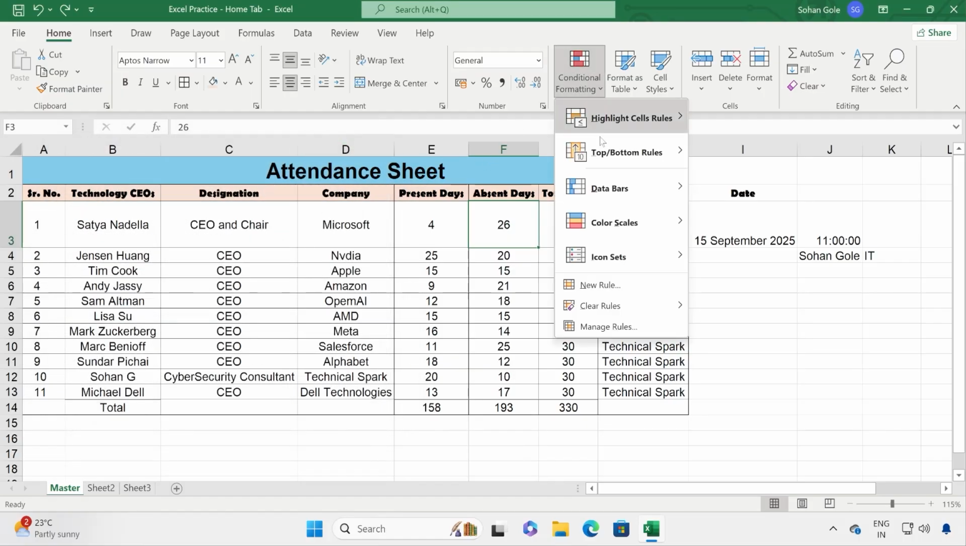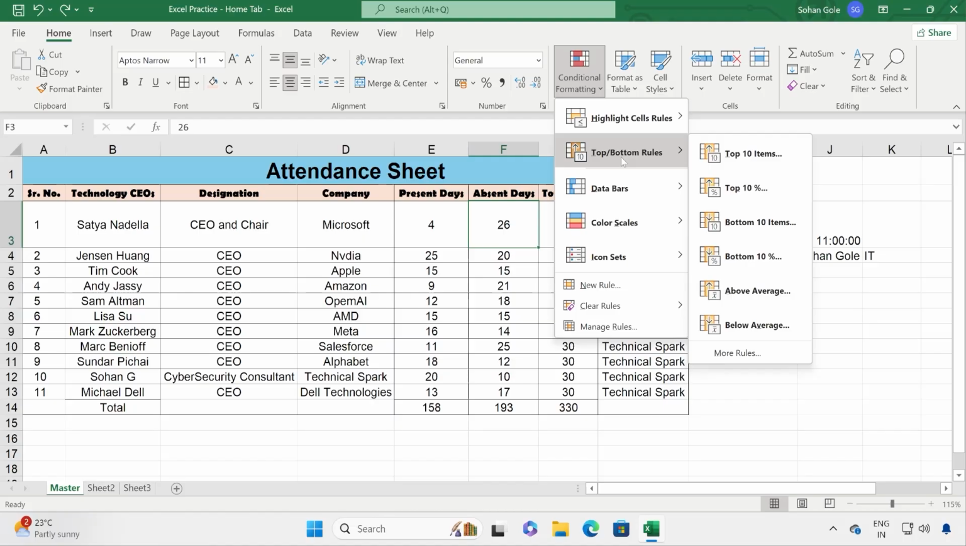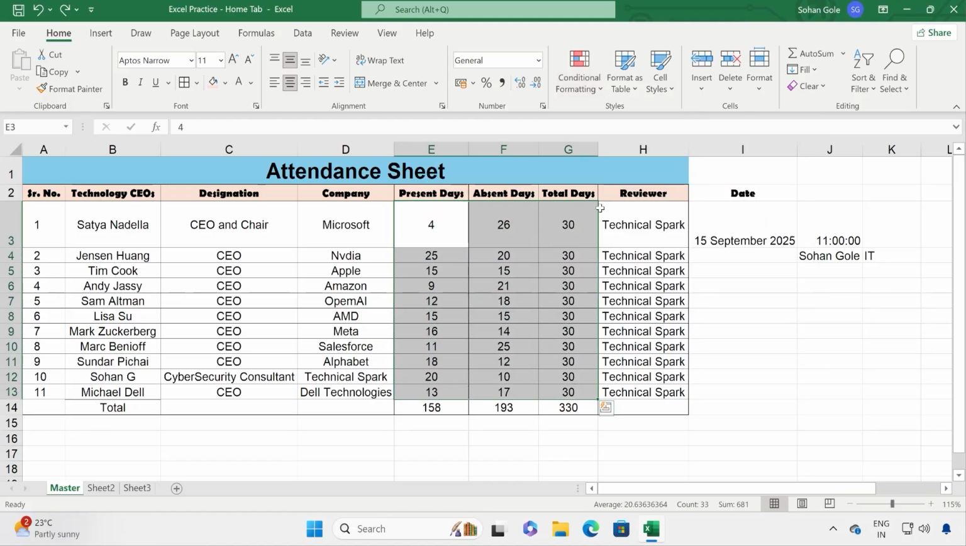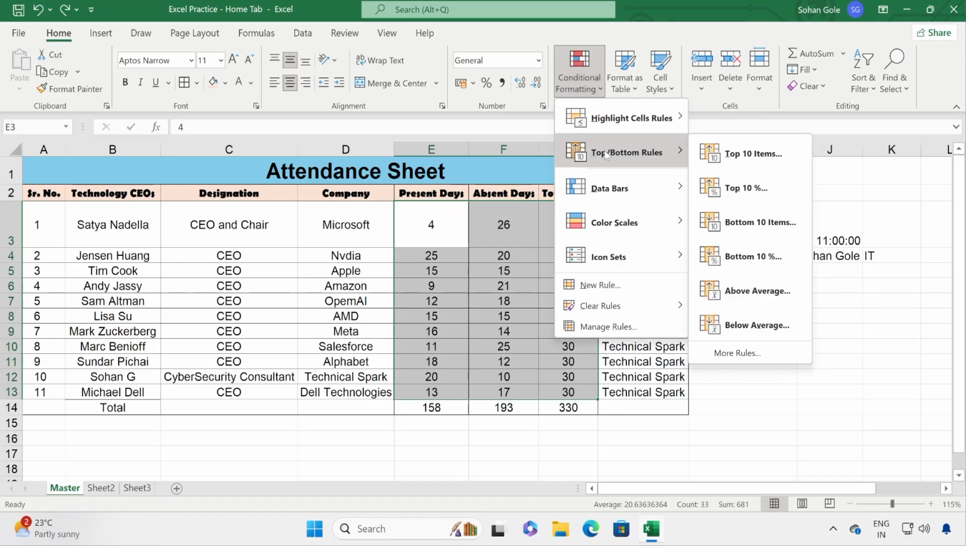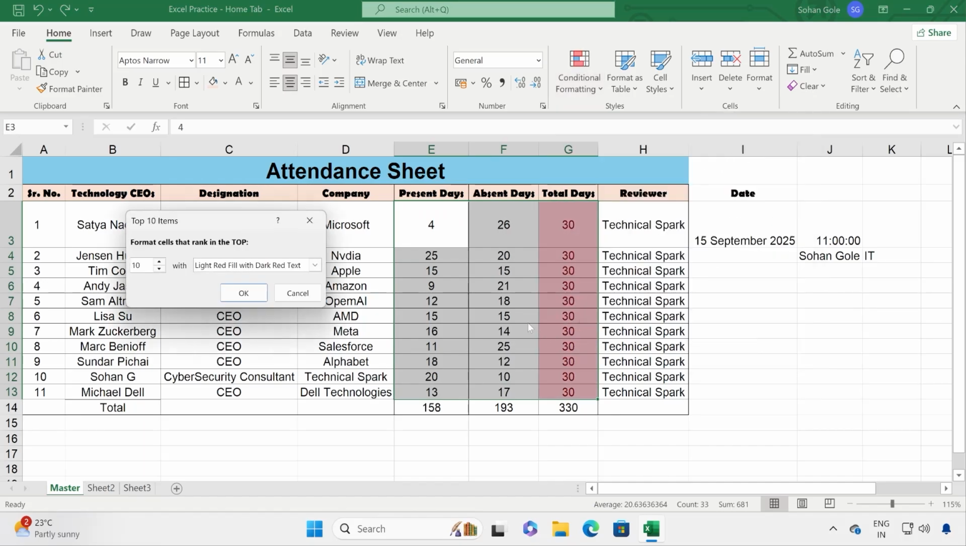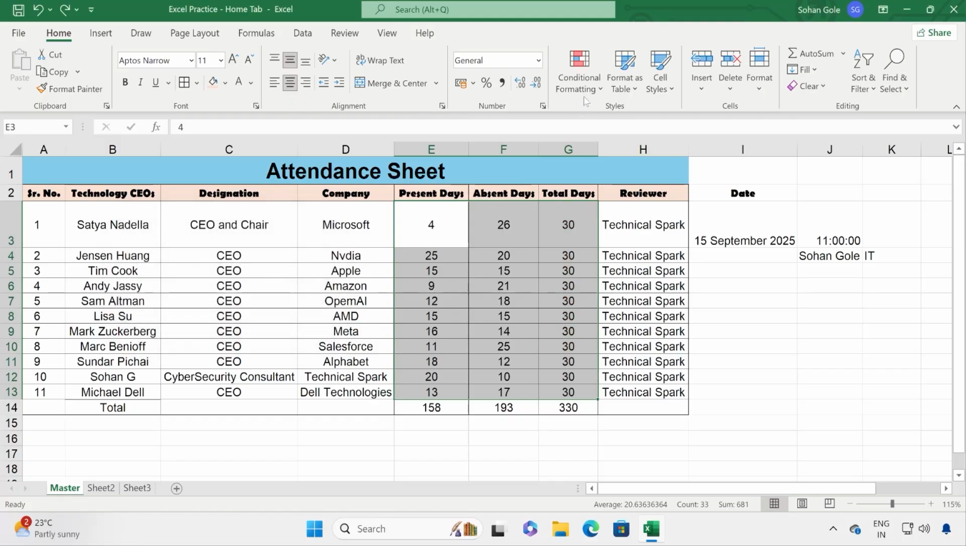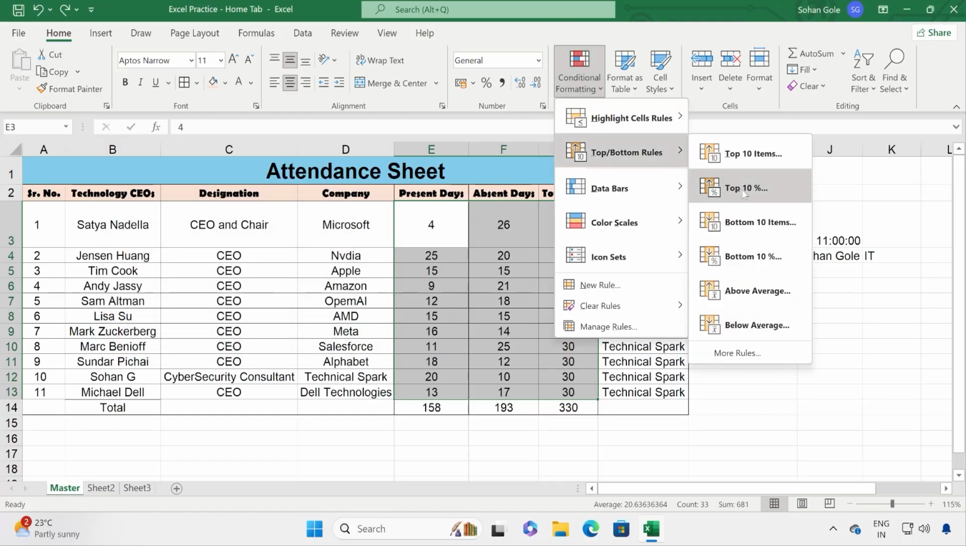Now the second option we have is top 10 items, under top and bottom rules. Whenever you are selecting any of the data, go to the top 10 items. Whichever options are available here, it will highlight the top 10 items from them. Now similarly, if you want to check for the top 10 percentage, the difference here is only count